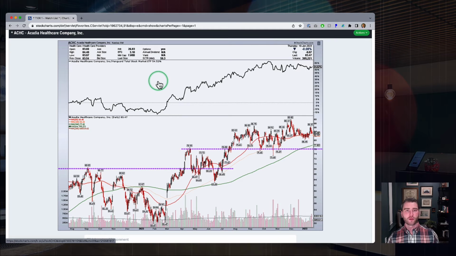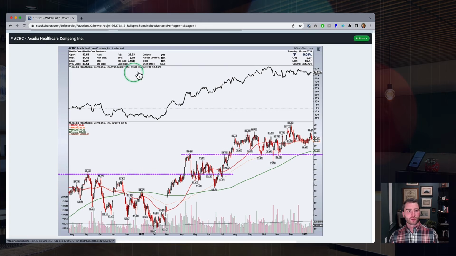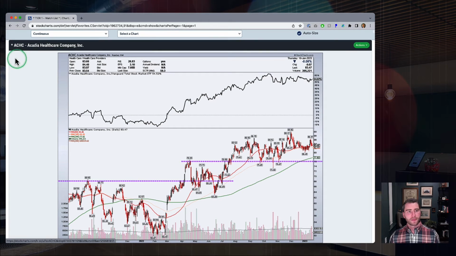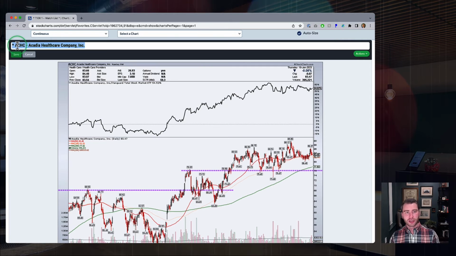So anyways, when I come over to my tier 1 watch list and I want to filter this down, I want to start to cull this down to a more manageable list, I will review these charts, and I will again star the ones that I like and prioritize these charts with that kind of starring system. It's incredibly easy to do this from either ChartList view or chart book view by simply clicking on the name. So you can actually click on the name of the chart in either of those views to edit that